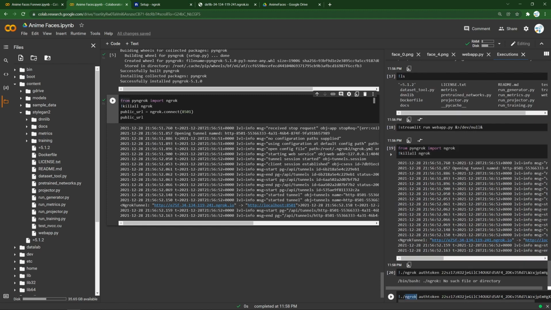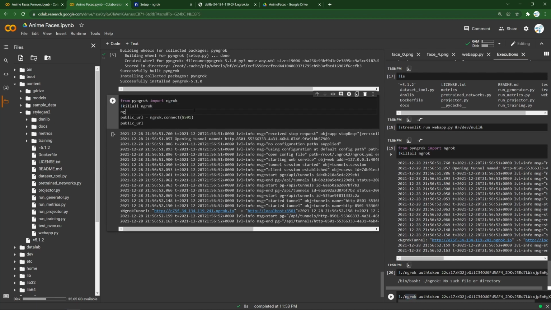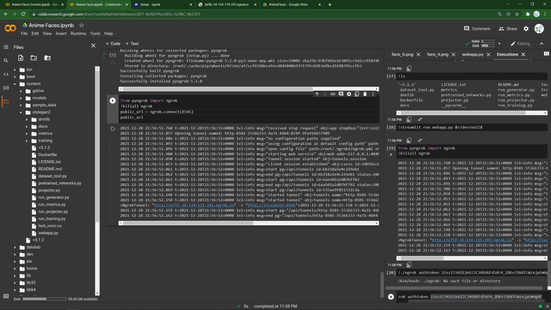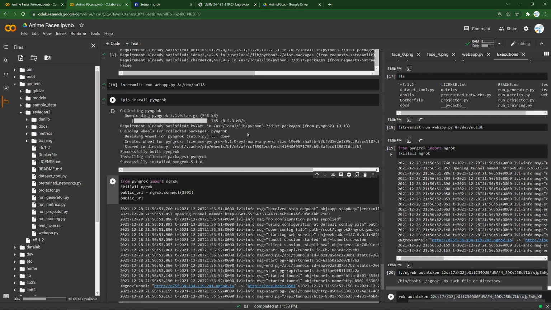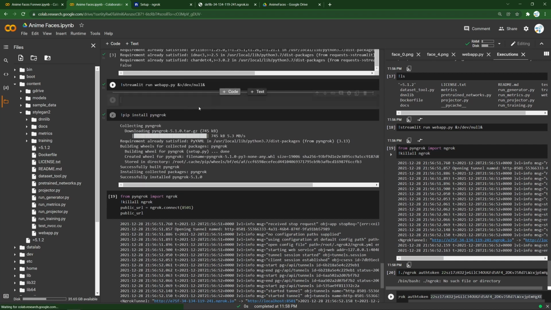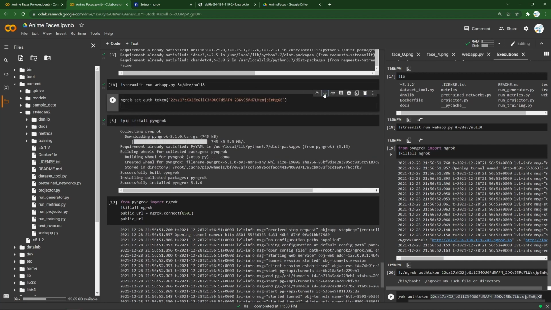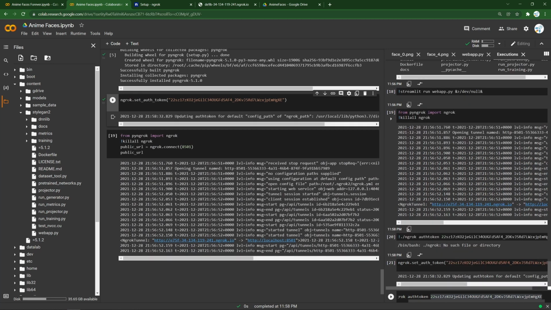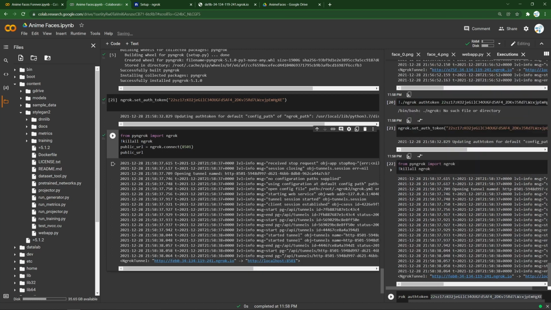Actually, we might want to use the Ngrok method, so why not use it here? Ngrok.set auth token, I think it is, and we just grab the authorization token and put it in there. Maybe just as a separate piece. Don't want to be exposing auth tokens too much. So let's run that command, updating the authorization token. So now we've got that authorized link,